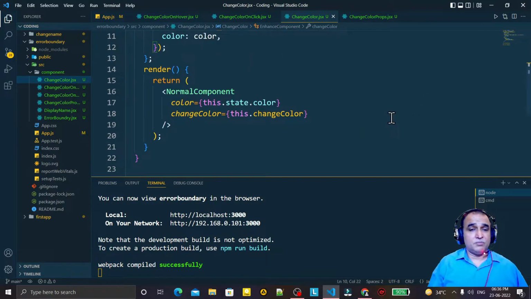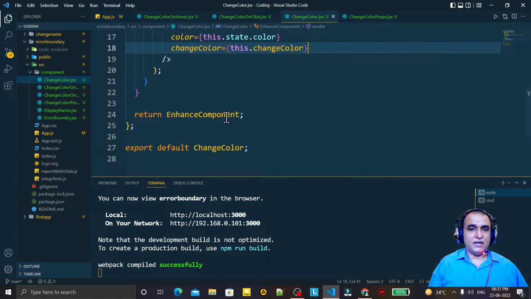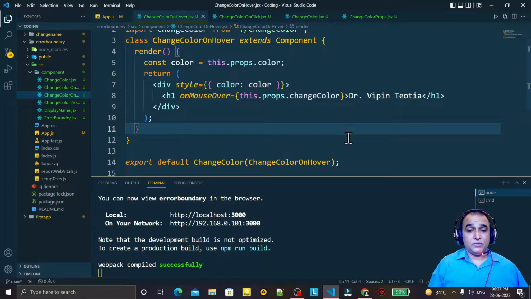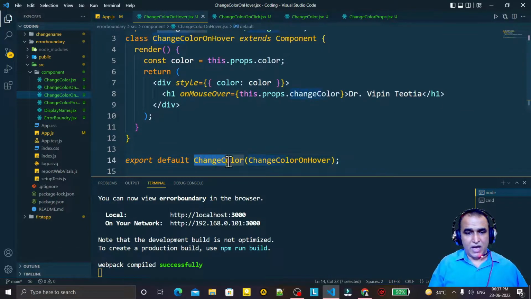From this component, we have an existing component here and we are passing color and event to this component and creating a new one with enhanced functionality by using the change color higher order component. So here you see we are using a higher order component, and one more thing about higher order components,